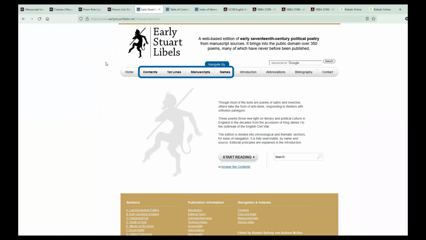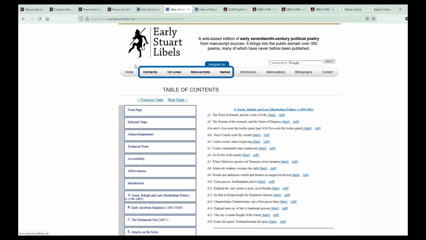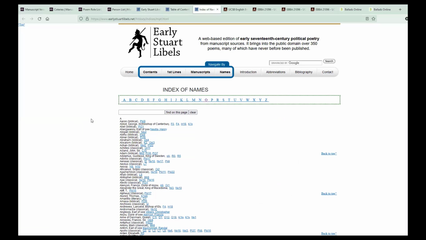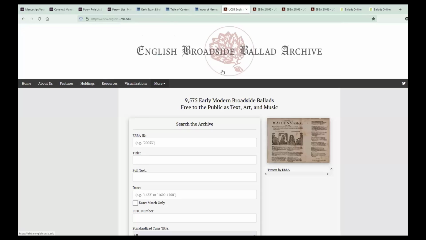However, since the poems were intentionally written to obscure their true subject matter, other navigational tools are useful here. The content section gives a useful overview of various scandals to assist with reading the poems, along with an index of first lines for each scandal. Navigation by name also proves helpful as it indexes all names, including those implicated but not explicitly named in the poems.